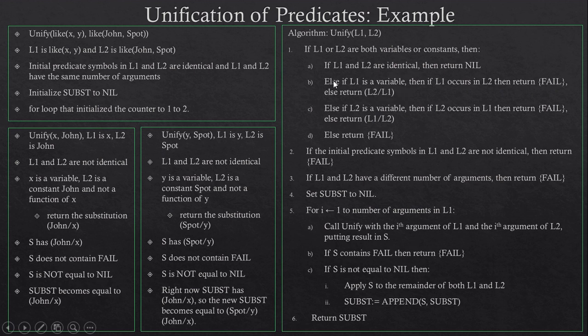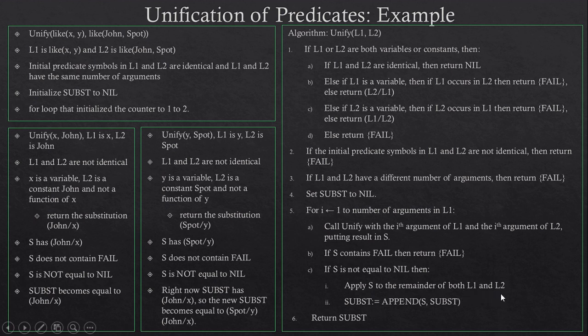We return to the place where this algorithm was called last. That's the first step of the for loop. The returned substitution is again caught in S. This new value replaces the content of S. Now S has spot for y. Next step, S does not contain fail. We move to the next step. S is not equal to nil, so we enter the true section of if. There is no third argument to both the predicates. If there was, we would have searched and made the substitution if necessary.